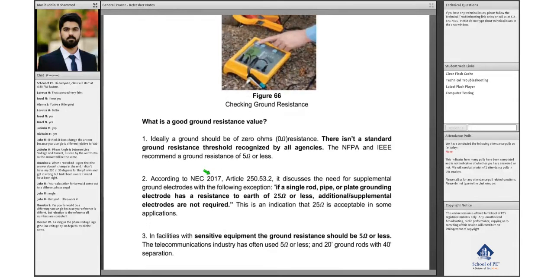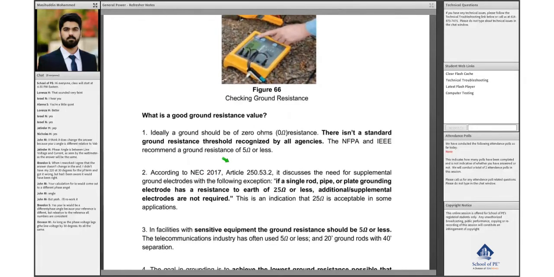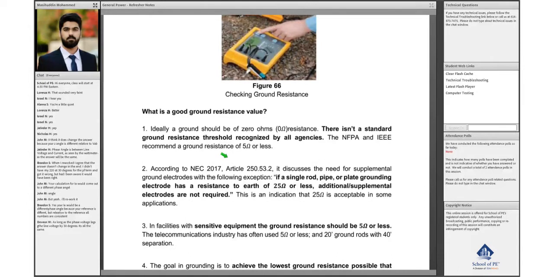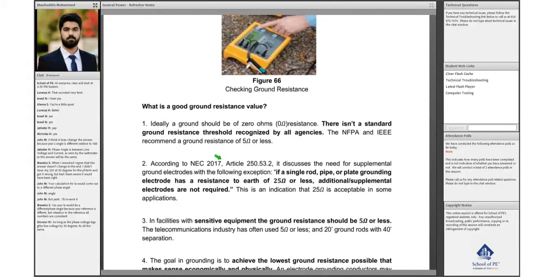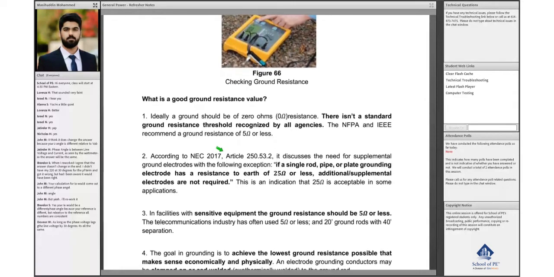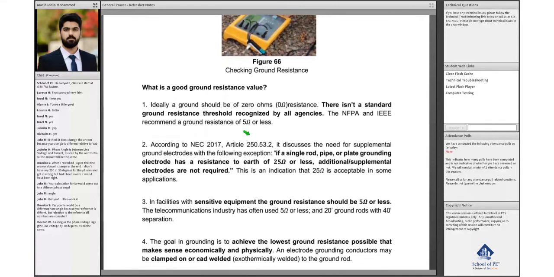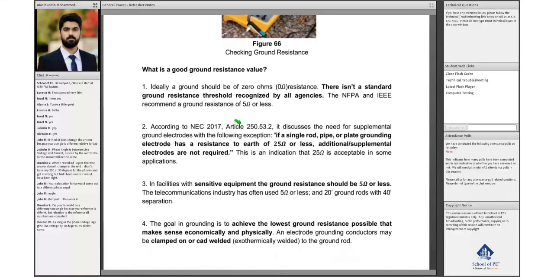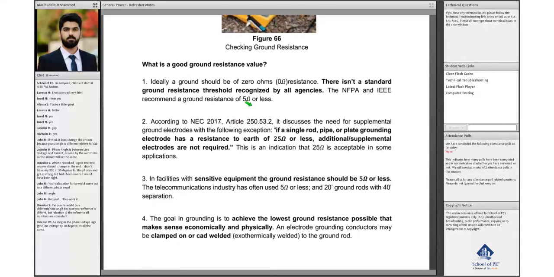So what's a good number? When we are doing the tests, what resistance value are we looking at? Ideally, the ground should not have any resistance. The whole purpose is that when there is a fault, the fault current should dissipate directly into the ground, and the soil should not provide any resistance to it, because that fault current would show up at the surface of the soil, and it would cause damage to the equipment and is an issue for people as well. So 0 ohm resistance is ideal, but the NFPA and the IEEE standard recommend a ground resistance of